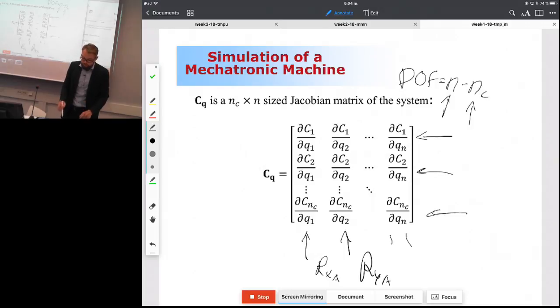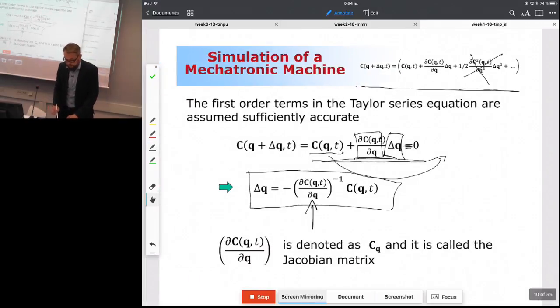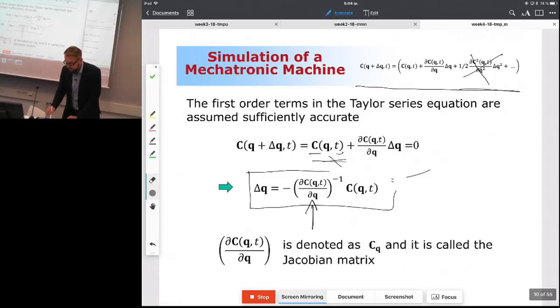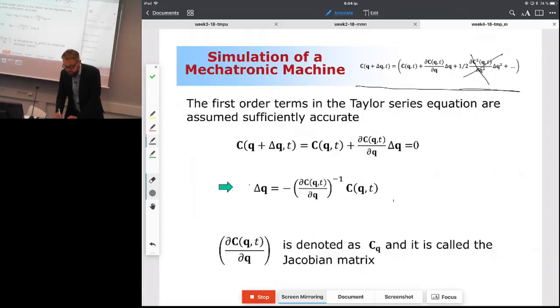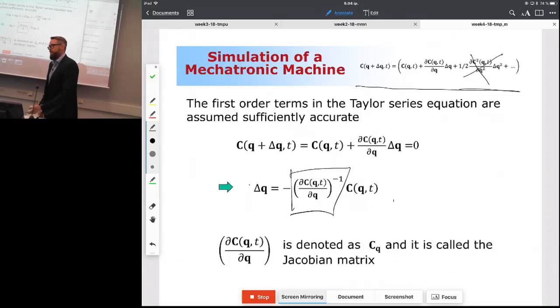Now if we go shortly back to this slide here. Look at what I have in this slide. Here I have to invert the Jacobian matrix. You know that you can only invert the matrix if it is a square matrix. Square matrix means that there have to be an equal number of rows and columns. The only scenario where you have an equal number of rows and columns is a system where the number of degrees of freedom is equal to